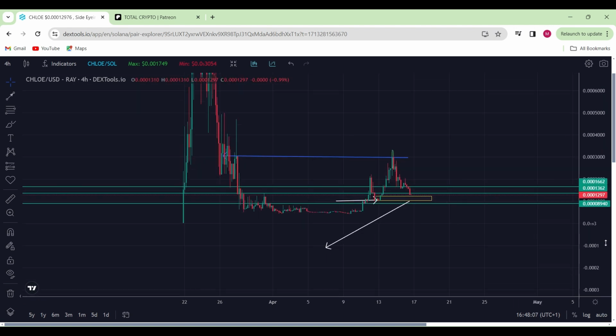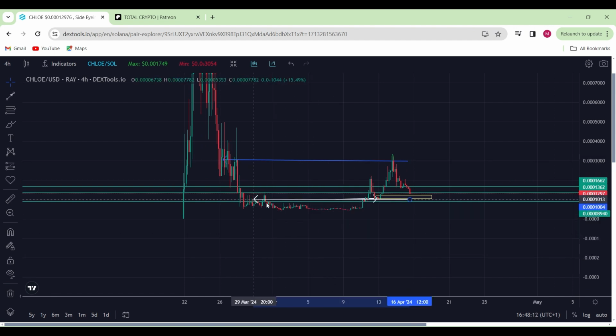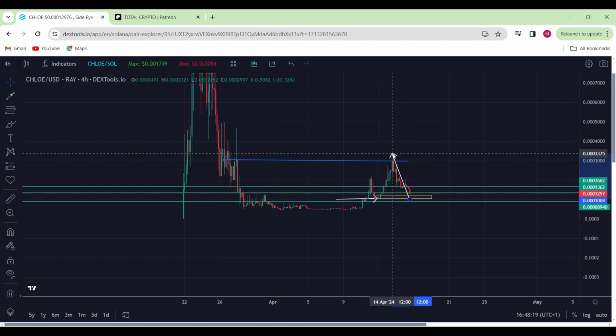If we look from a 4 hourly chart, guys, we've gone sideways for the longest time before eventually we woke up, came back down, retested and blasted away at least to this mid-range over here. Now, depending how we react up there, I did say that if I do see much more volume, I would have held on to my trade, but instead it didn't happen, so that's hence why I took my trade. However, I've actually added more back down to here and there with my over 400% gains from these moves over